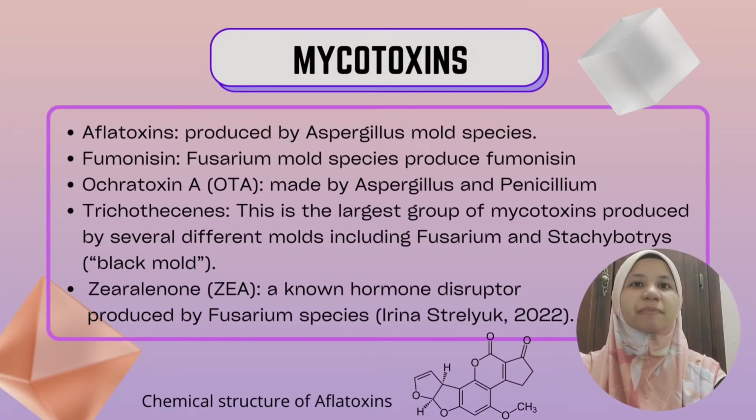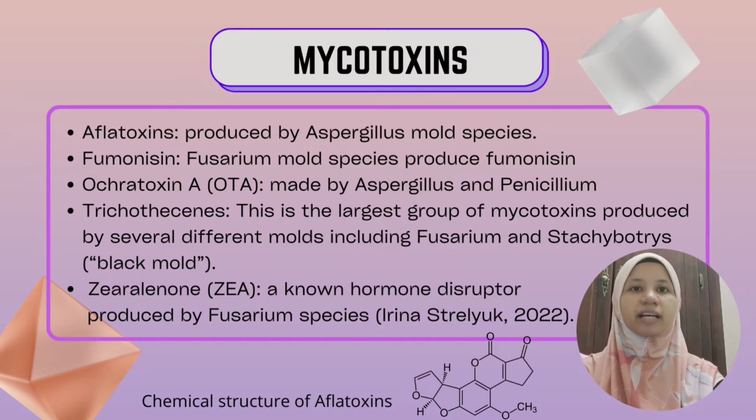Aflatoxin is produced by Aspergillus flavus. Fumonisin is produced by Fusarium verticillioides. Ochratoxin A is produced by Aspergillus and Penicillium. Trichothecene is the largest group of mycotoxin, produced by several different molds including Fusarium and Stachybotrys, and zearalenone is made